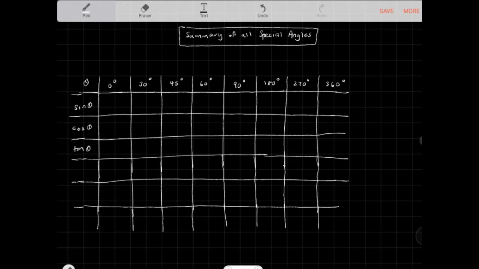I don't think it's useful, but it's better to memorize sine, cosine, tan, your primary trig ratios, and then for your reciprocal, you just have to take the reciprocal of their ratio values. You just flip the numerator and denominator. But I'm just going to put all of this out there for you because it does bring up a very